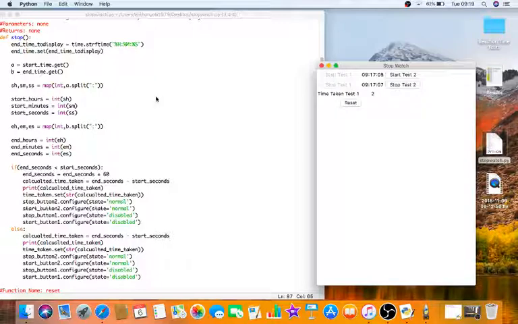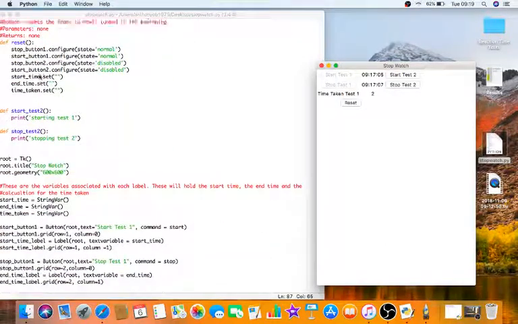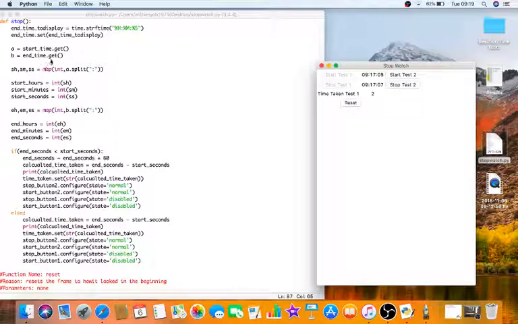So the first thing that I do is the following. Okay, so what I do is I get the start time, and remember I'm referring to the string var variable. I also get the end time, and what I do then is I split the start time and the end time into its hours, its minutes, and its seconds. Realistically it's the seconds that I want to focus on. But here's what I do. I can create 3 variables, and then I can map them as integers,